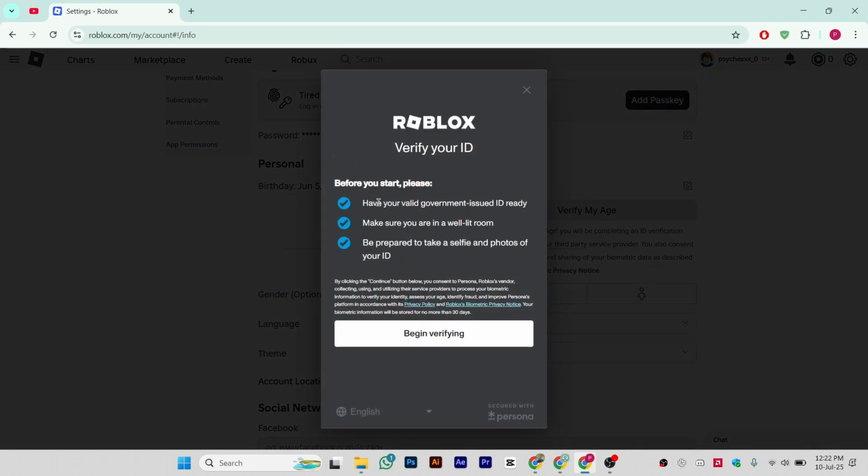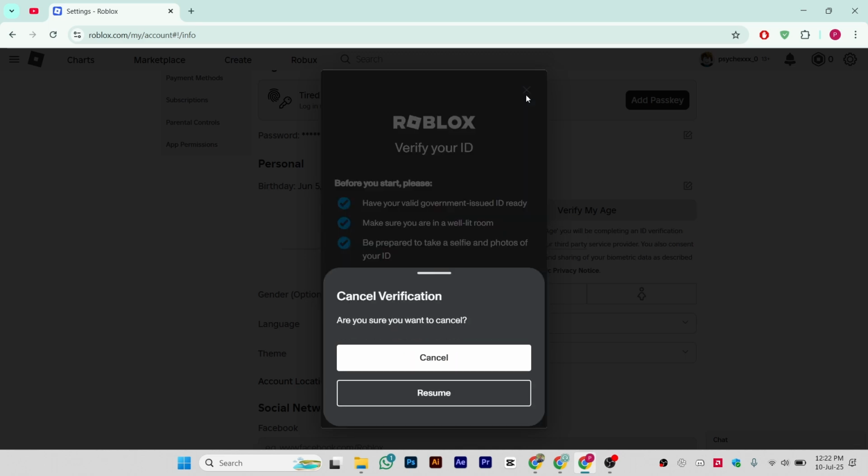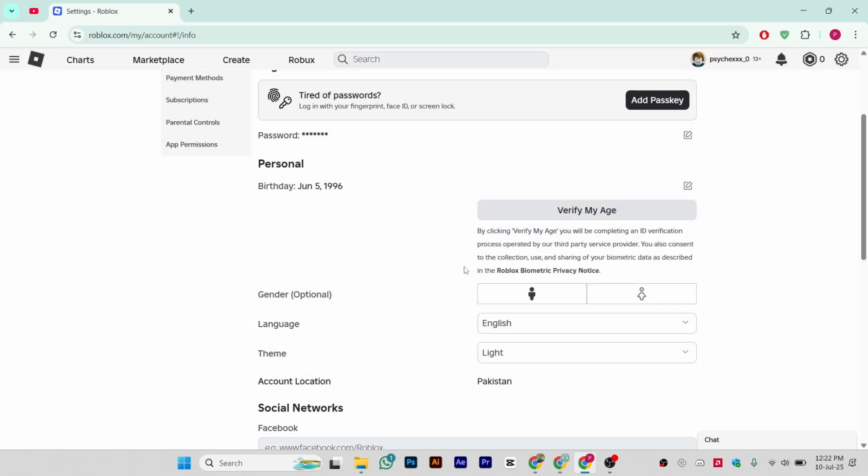And make sure that you provide this information: have a valid government issued ID. Make sure that you are in a well-lit room. Be prepared to take a selfie or photos with your ID, so you can verify your ID. If you do not have an ID, like you are a child and you want to use the mic,